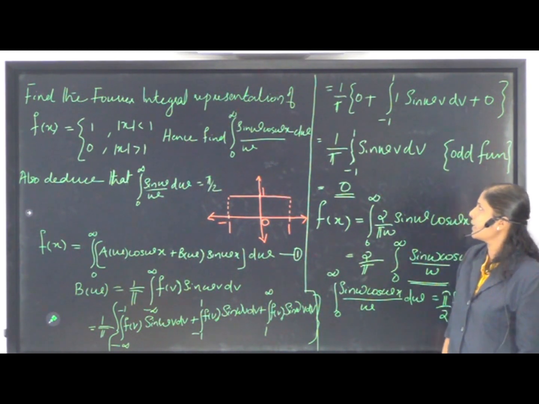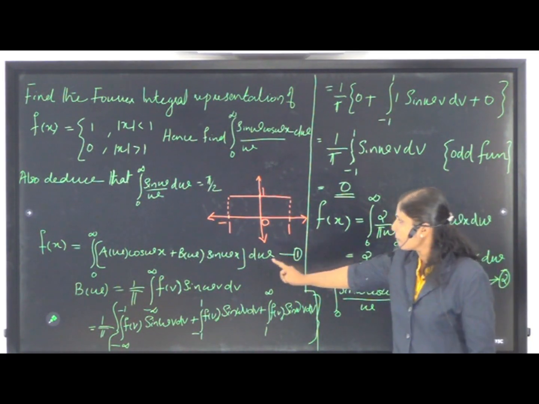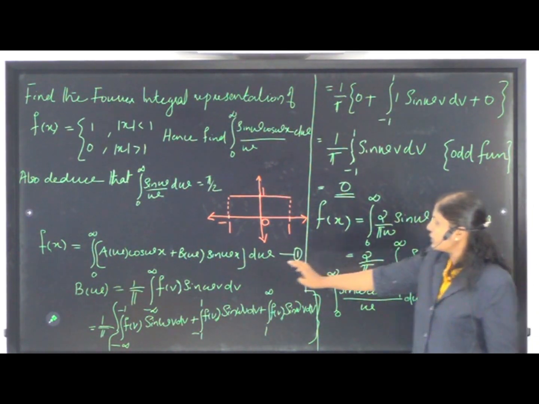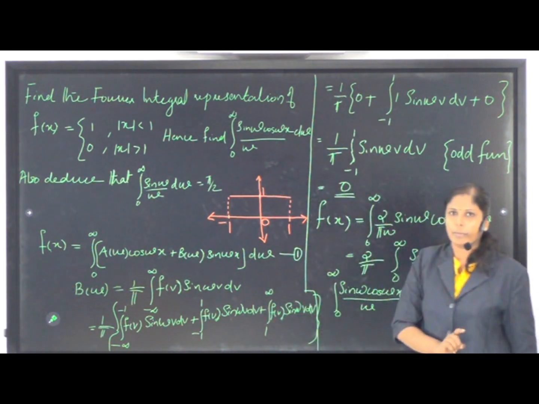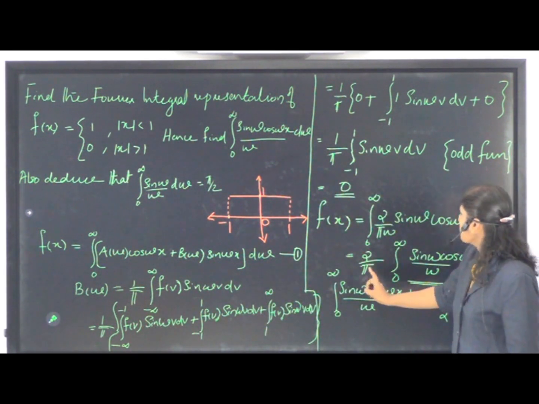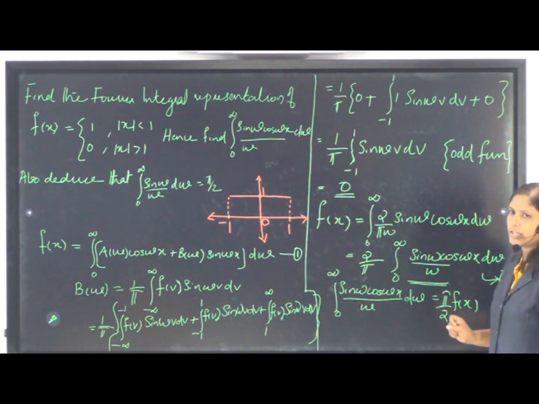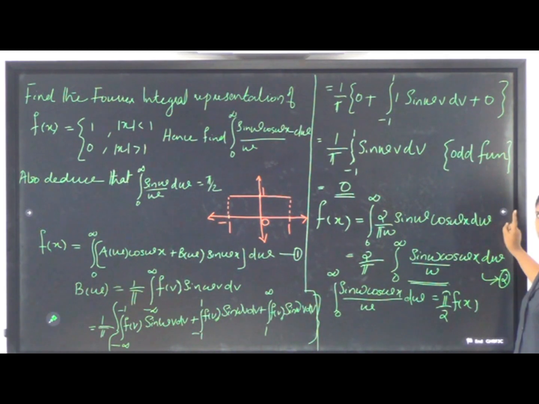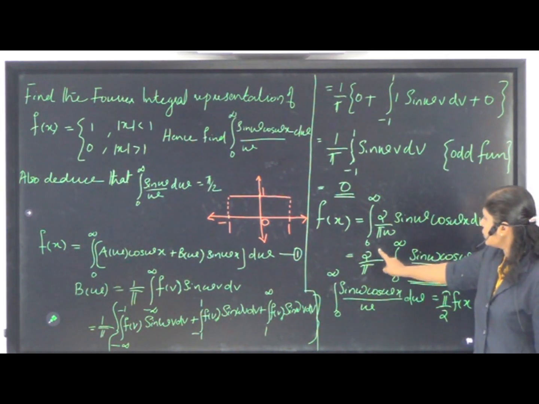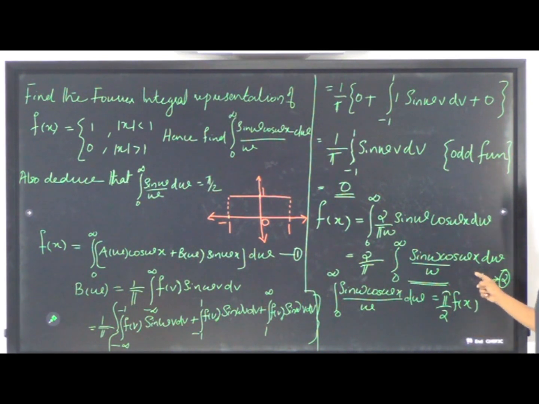Now we write the Fourier integral of f of x. The Fourier integral of f of x is given by this formula. f of x equals, we substitute the coefficients a omega and b omega. b omega is 0. Therefore it becomes integral 0 to infinity 2 by pi sin omega cos omega x by omega d omega, plus b of omega which becomes 0. That is equal to 2 by pi integral 0 to infinity sin omega cos omega x by omega d omega. This is the required Fourier integral representation of the function f of x.